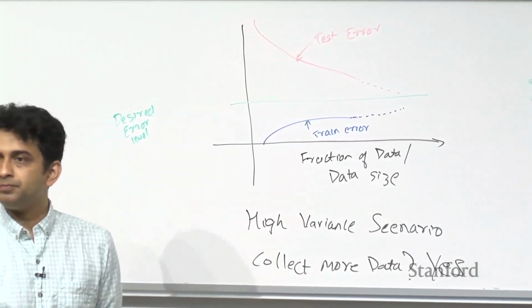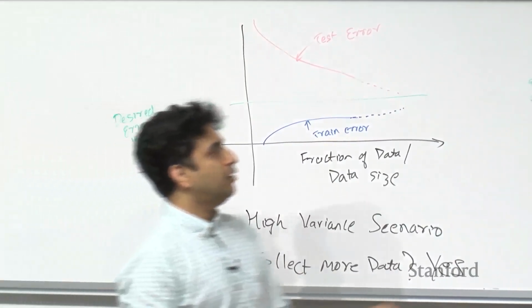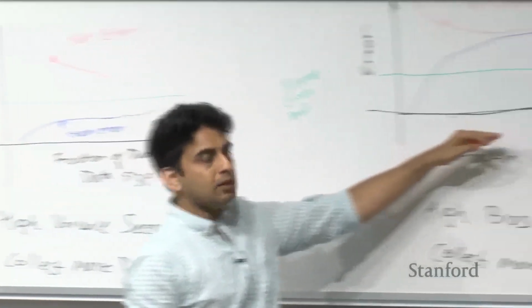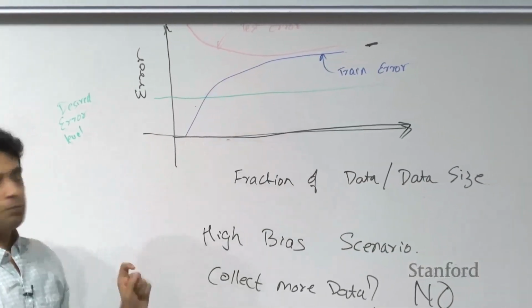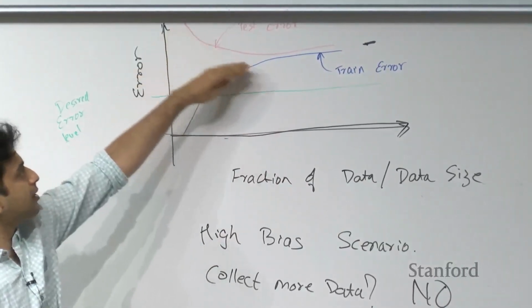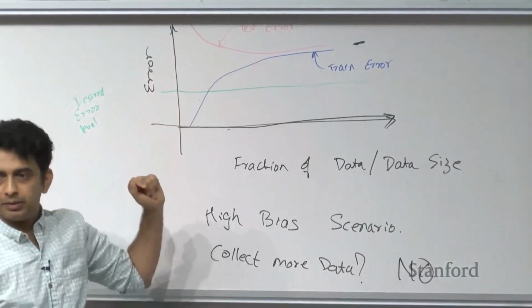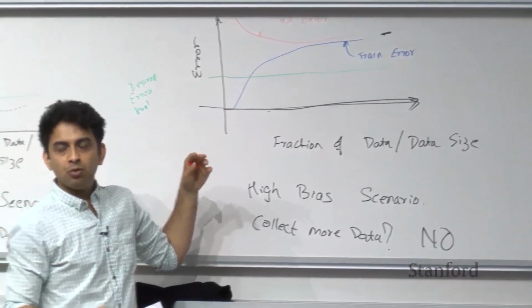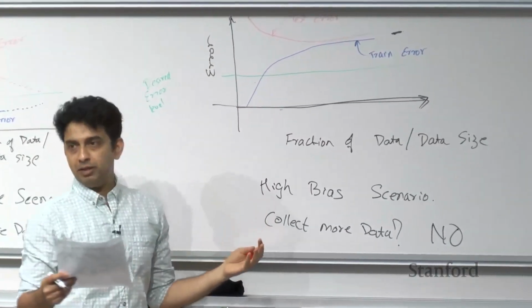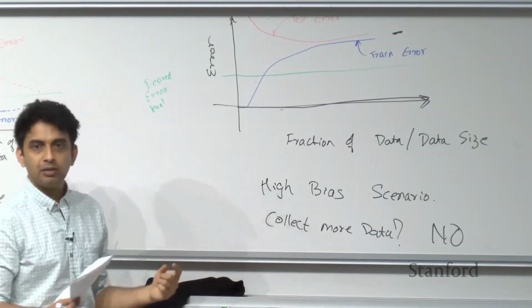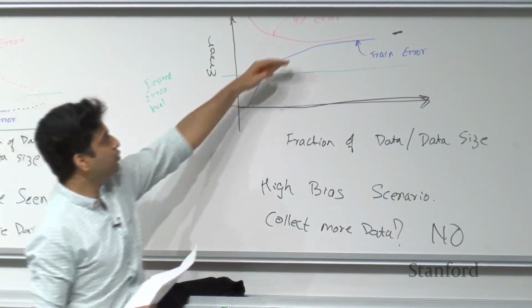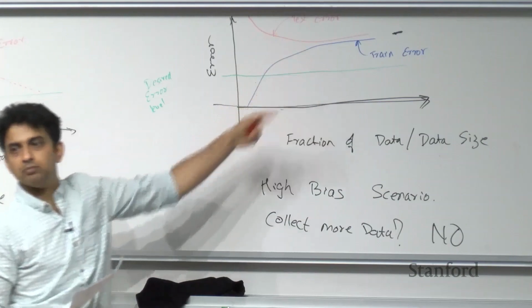and collecting more data. Right? Whereas if you are over here, your training error itself is a lot worse than the desired performance level, and your test error is matching your training error, which means you probably want to increase your model capacity, right? Use a bigger neural network, or use more features, or use a more complex kernel, right? So that first you bring your training error down, and